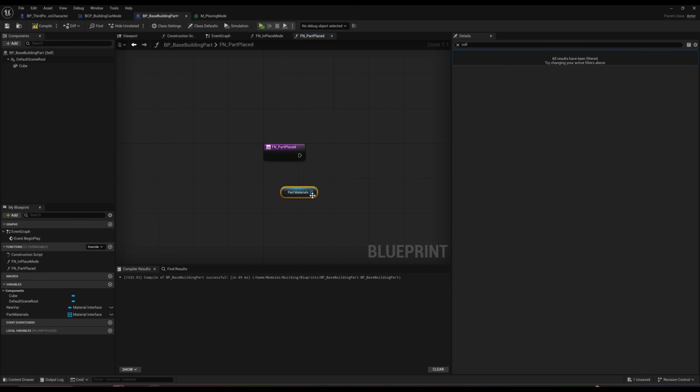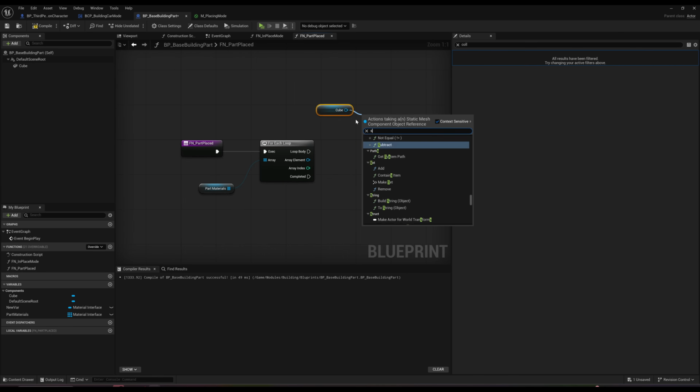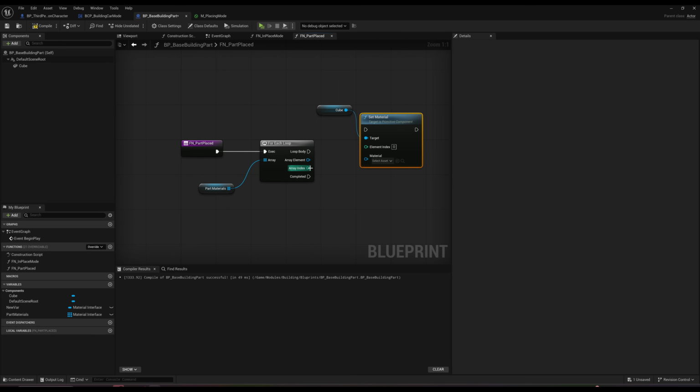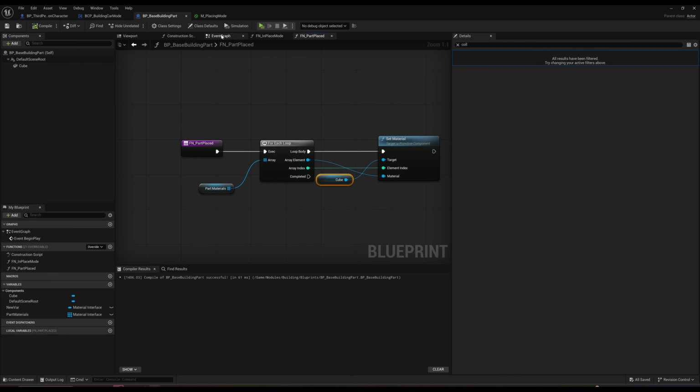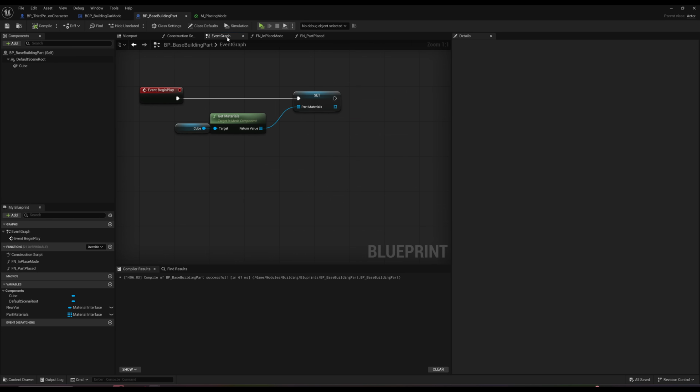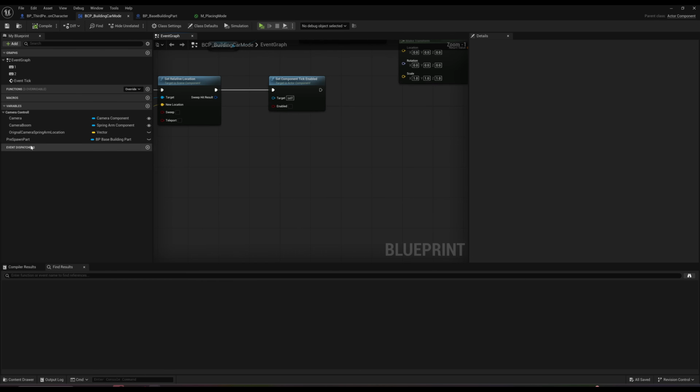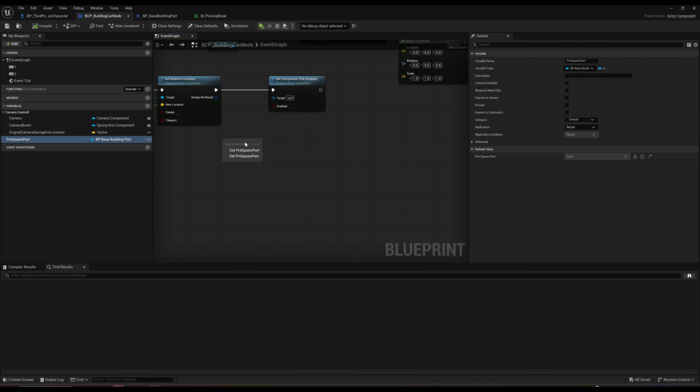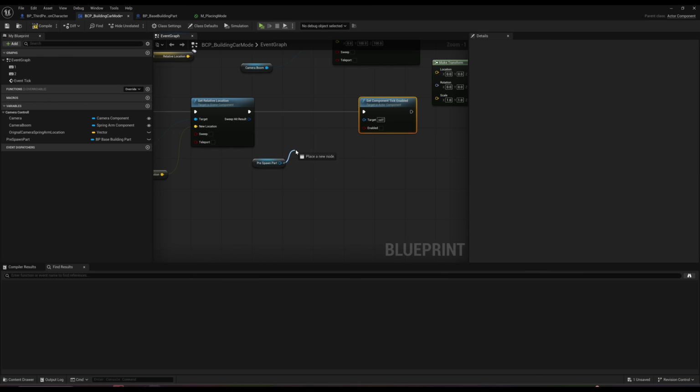Get a part materials, and we're gonna get our, let's say, cube. Okay, I'm gonna do a for each loop. Perfect. And this has an array of material objects, so we're gonna set material, the index match, and we're just gonna add the material here. Perfect. So now what happened is that when I stop, so if we go back to here, right, we get our pre-spawn part, right, and we're gonna call that fn part placed,